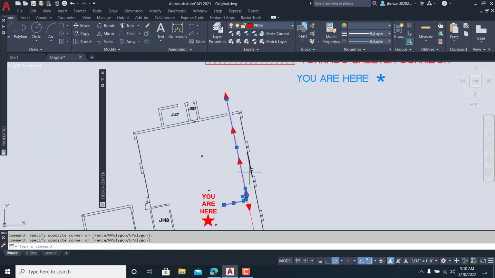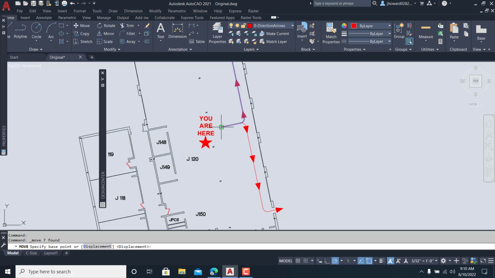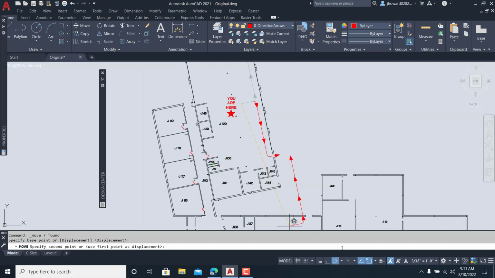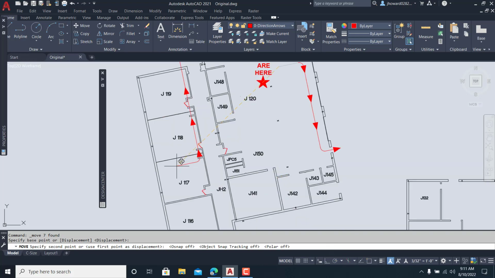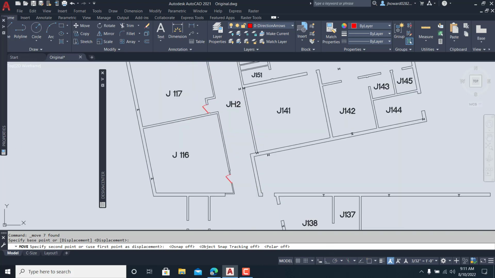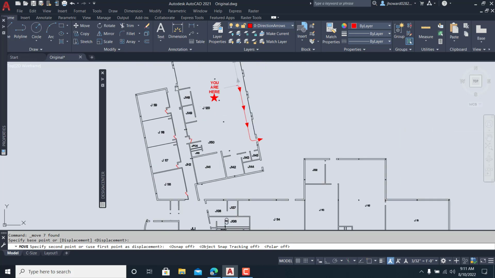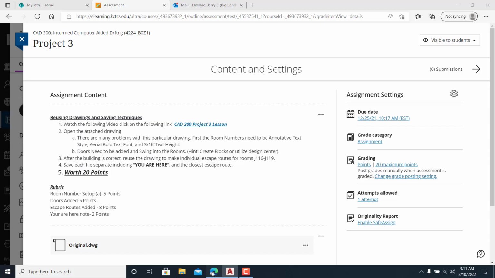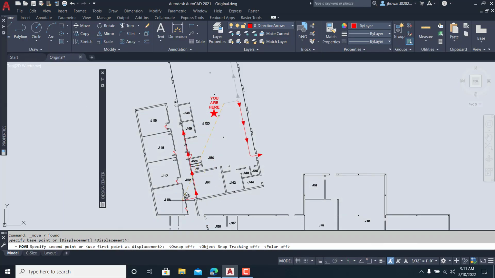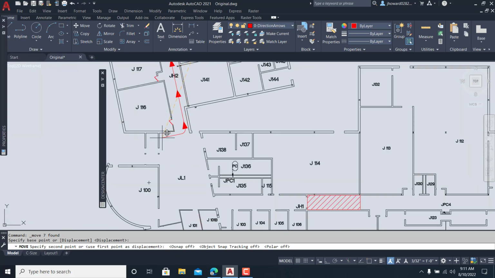If I was working for the company and they need these things out fast, grab every one of those, and I'm just going to turn my snap off. I don't want anything to be snapping, jerking back and forth. And it was from, let me take a look real quick, 116 to 119, so 116's down here,